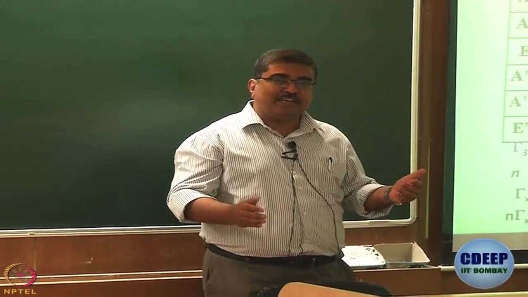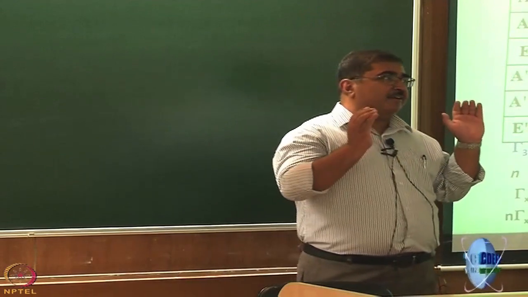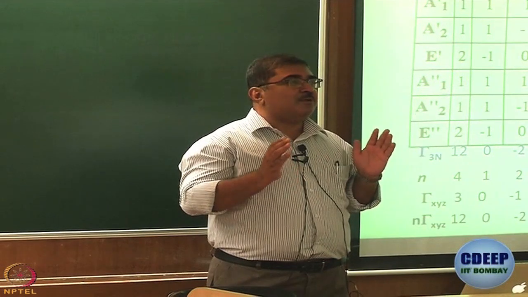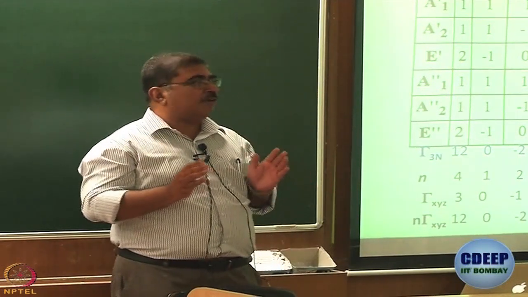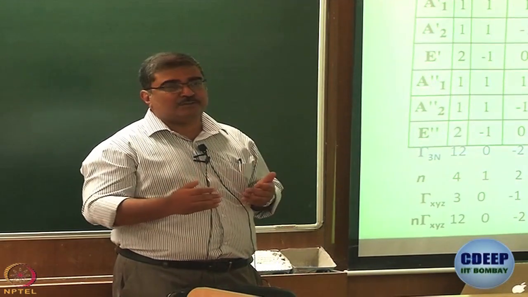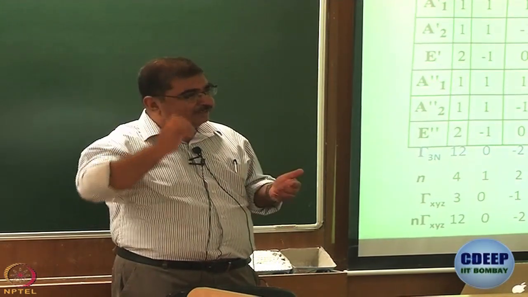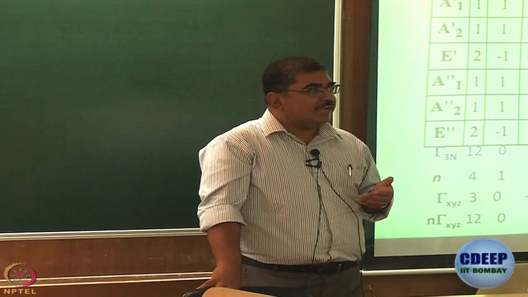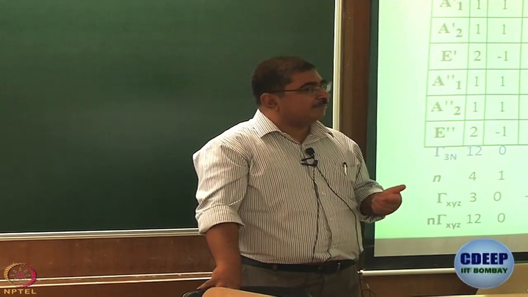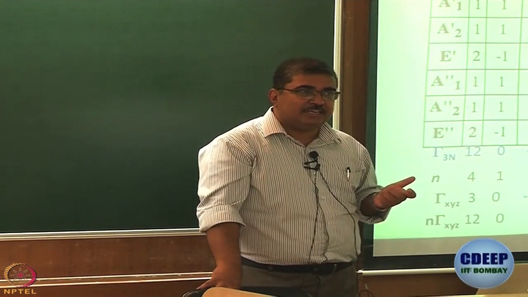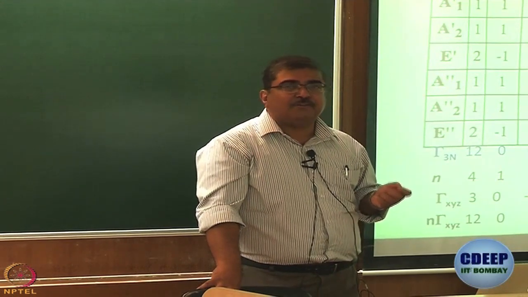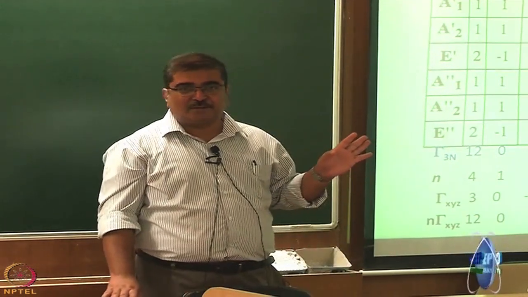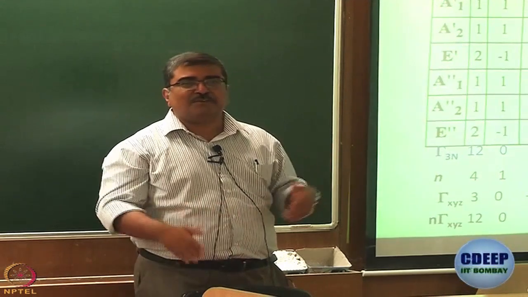So gamma 3n, the reducible representation for which the 3n coordinates of motion form the basis, can be worked out by simply looking at the character table, working out the reducible representation for which x, y, z are the basis, and multiplying it by the number of atoms that do not move from their position as a result of each symmetry operation. Alright. So now that's the shortcut. Okay. But it's not the complete shortcut. We are only halfway through the shortcut.